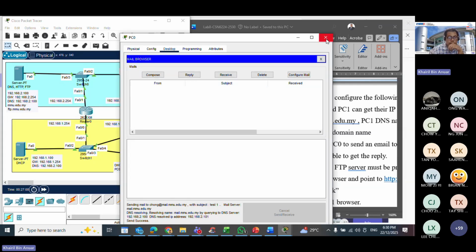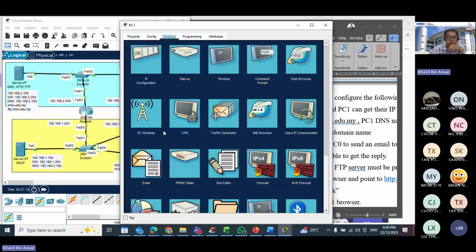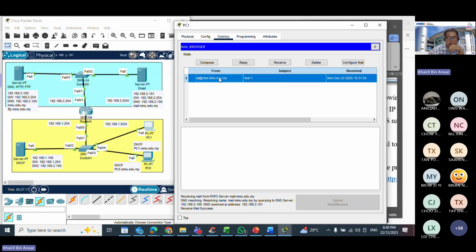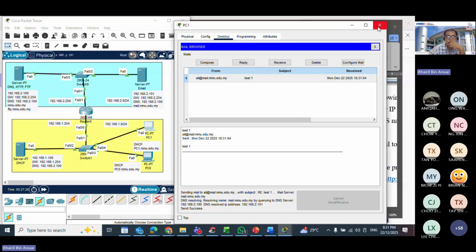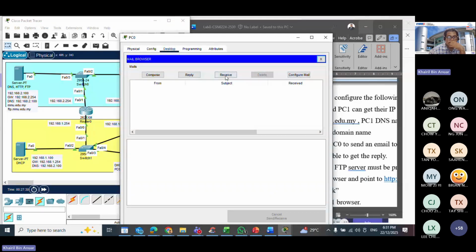Okay. So you can go back to this PC0, PC1 where Chong's email is, and try to receive, and you can see that you receive it, and you can try to reply. Okay, so you send this, and then go back to Ali and try to receive.